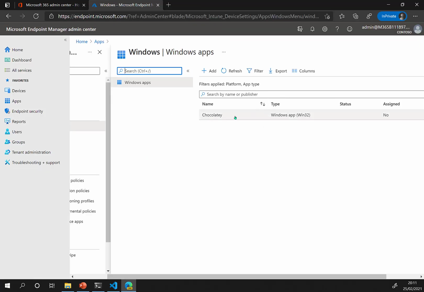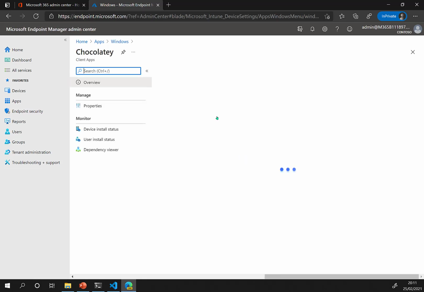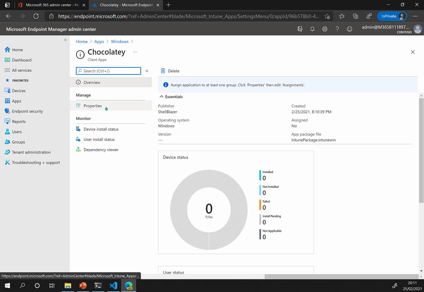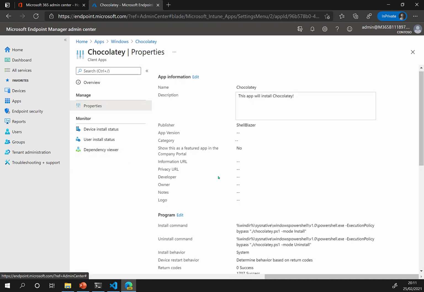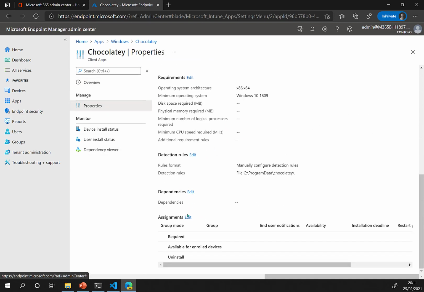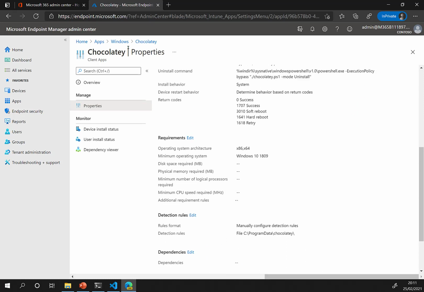This package is going to be uploaded here. The only thing that is left for you to do is actually assign the package to a group of users or devices. Now,